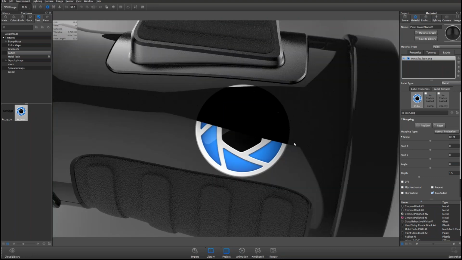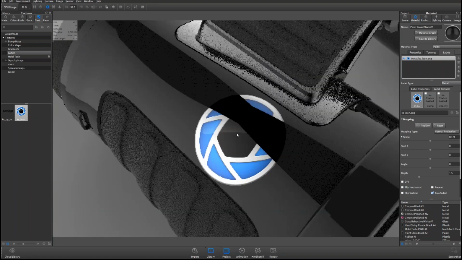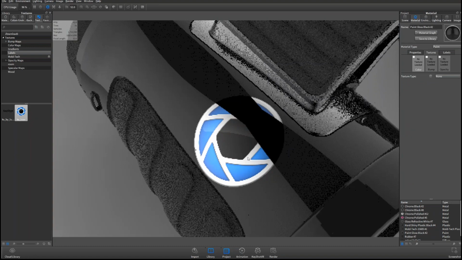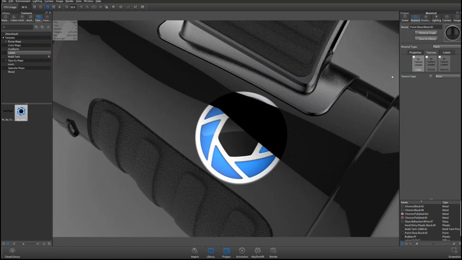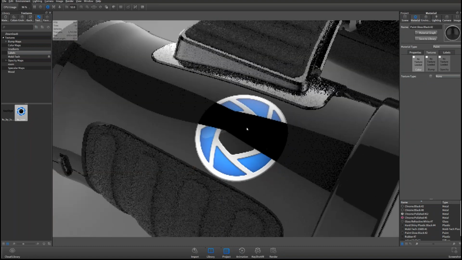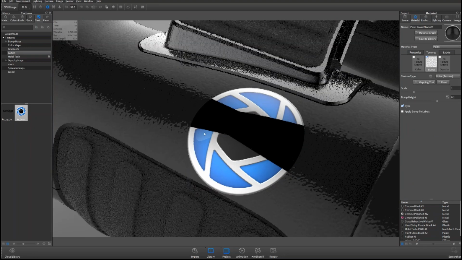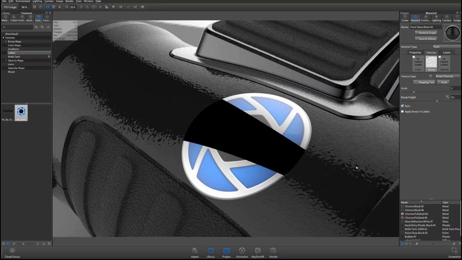Another thing that we've added is the ability to add bump textures based off of your parent material. Right here, I have my paint material and I have the label applied, and right now I don't have a bump texture. So I'm going to use this little drop down and select a noise texture as my bump. When I do that, you'll see that now my surface has this nice noise texture, giving me kind of an orange peel effect.